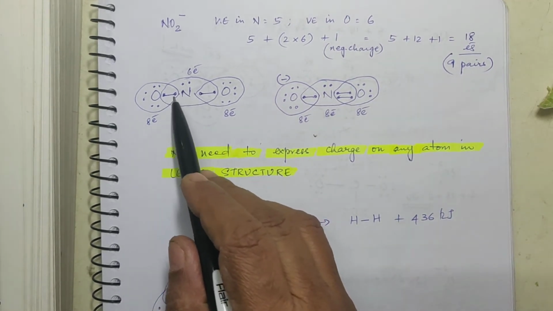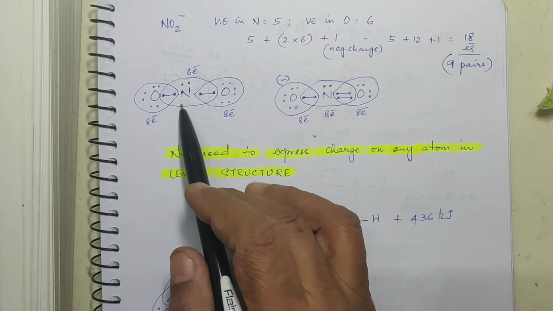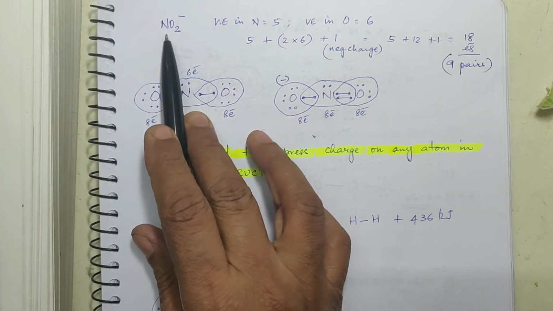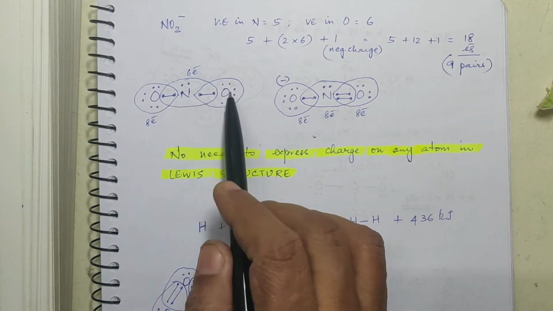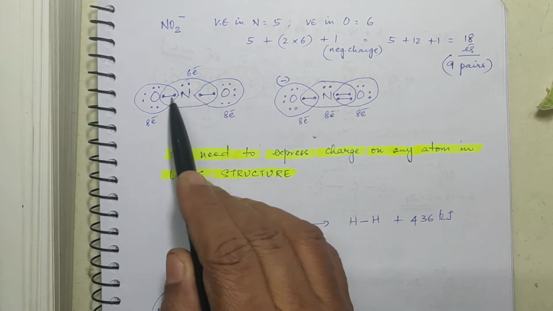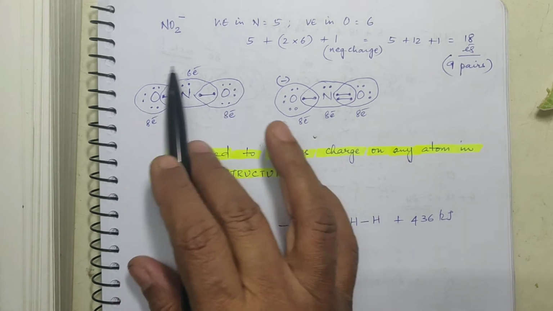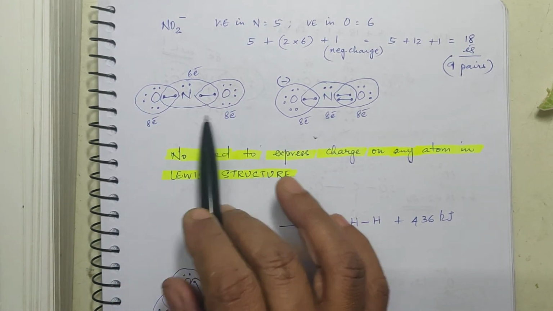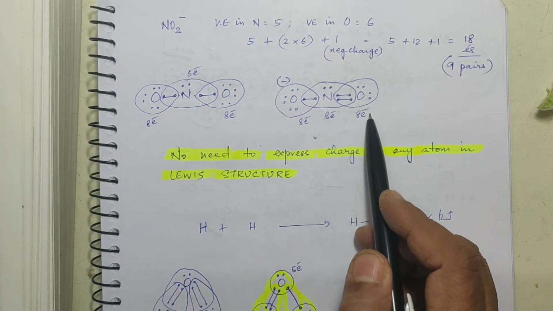Now first you have to identify the central atom. Central atom is the least electronegative one. So that is nitrogen. So nitrogen, you put it at the center, oxygen on either side. Then first of all you just show it by a single bond and see how it is fitting. Now when you are not able to get the octet configuration, then you have to shift in such a way that all of them get 8 electronic configuration.